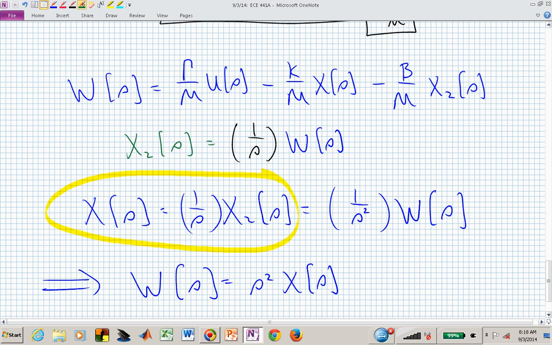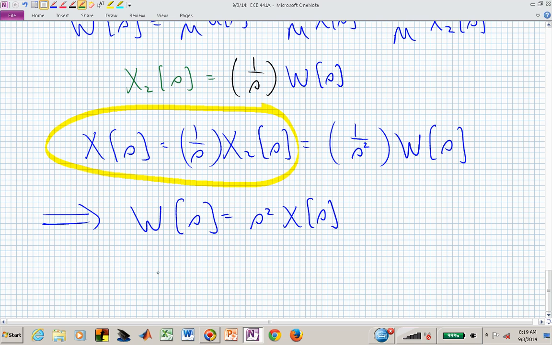I can also say then that X sub 2 of S is equal to S X of S. Anywhere I have an X sub 2, I can simply replace it with S times X. And that's what I need. I now have my desired relationships between these new variables that I introduced before to just make my analysis easier. And now I can simply replace those W's and X sub 2's with an equation or a